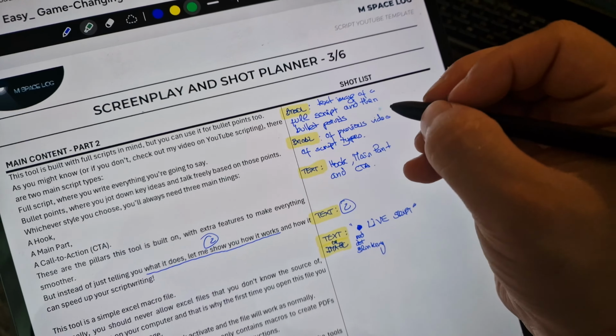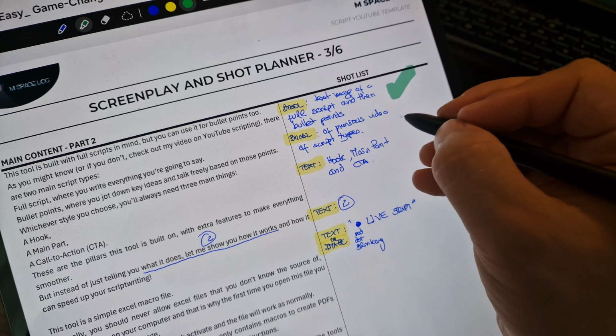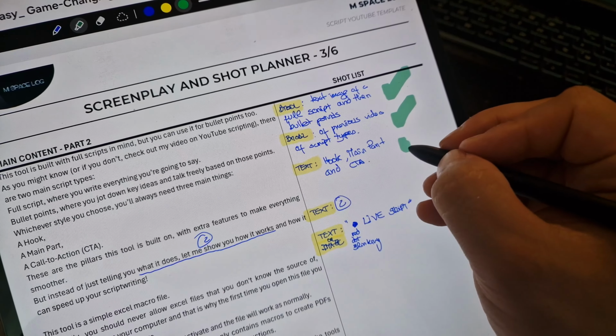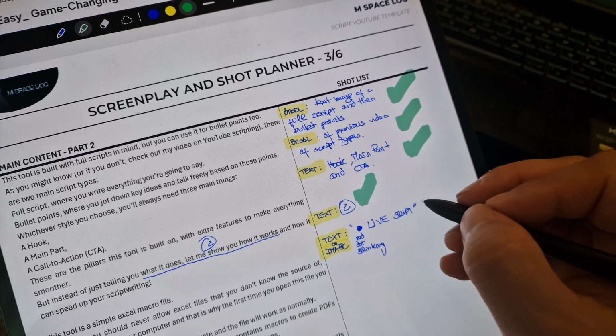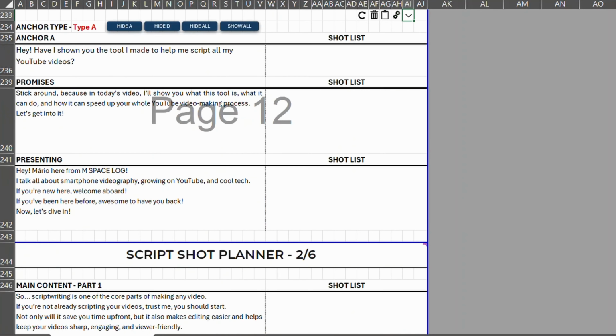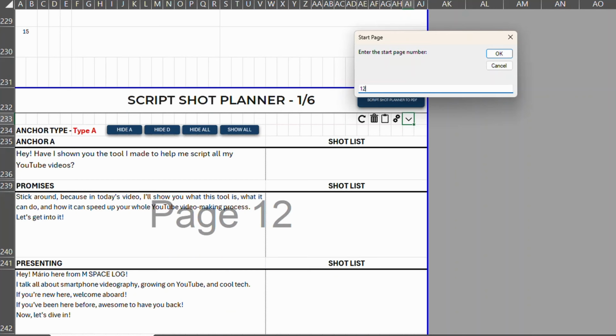Now, onto the tools. First off, for this video, and actually any video we are making, we are going to need some B-roll, and we'll be needing to create a list of all the B-roll to know exactly where to put it. To do that, we need some kind of screenplay where we can see the whole script, make any tweaks to it if we need to, and write down the B-roll for each part. And it would be awesome if we could just pull out something from the file that could help us out creating that B-roll list, right? Well, actually we can. Just go to the screenplay section, click this button and create your screenplay PDF.